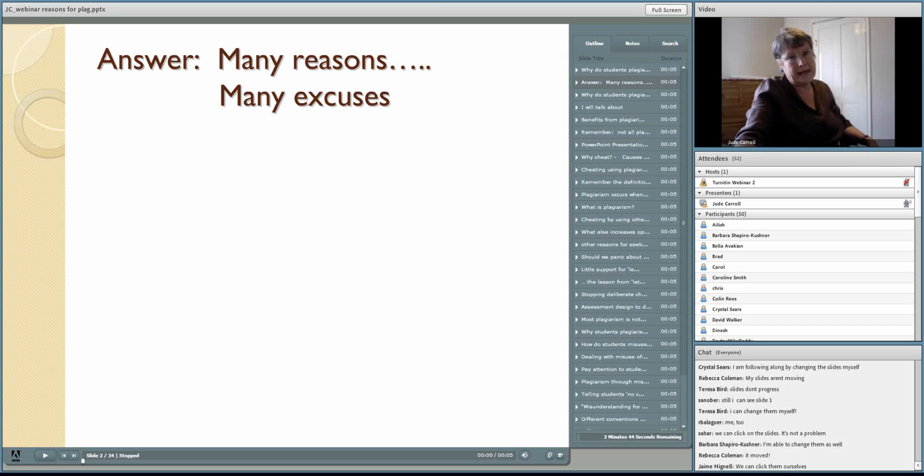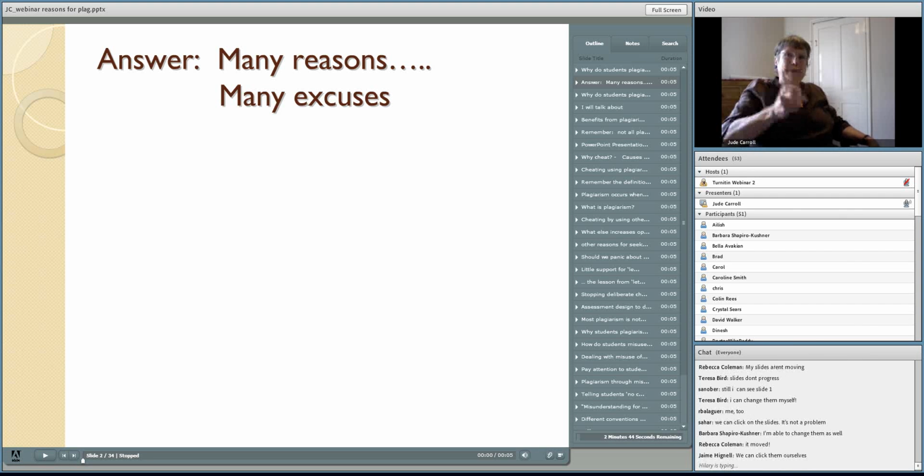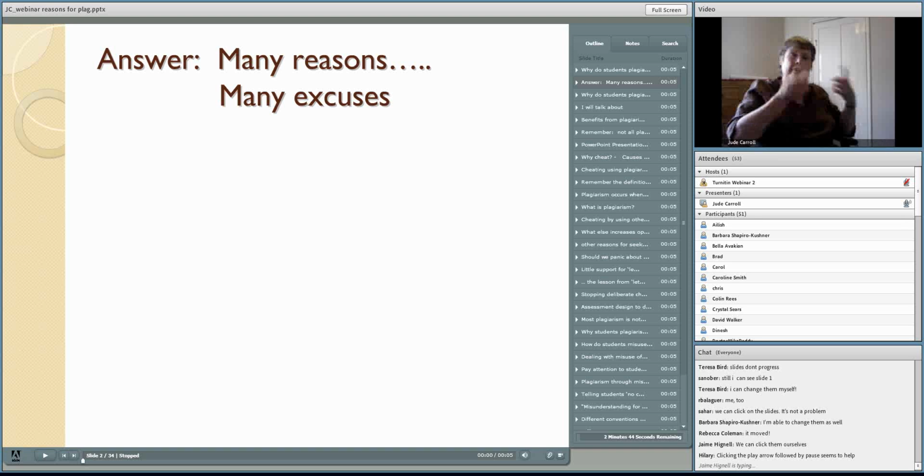So why do they do it looking to the past? Why do they do it looking to the future? For the benefits. So let's start with the benefits. What are the benefits that students are trying to achieve from plagiarism? And that means that we have to start with thinking about deliberate cheating. And I've put deliberate cheating in blue because we're talking about students choosing to plagiarize through cheating. It, of course, makes us start asking the question, what is cheating and why do students cheat?